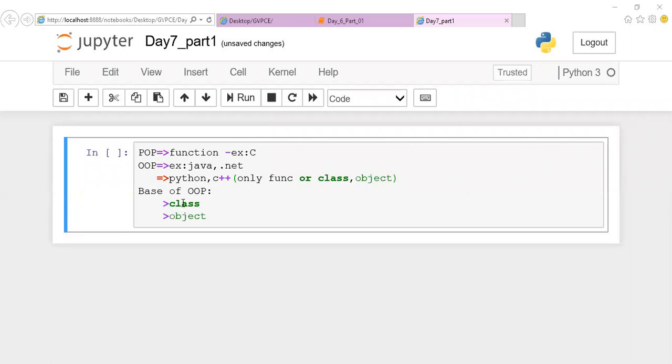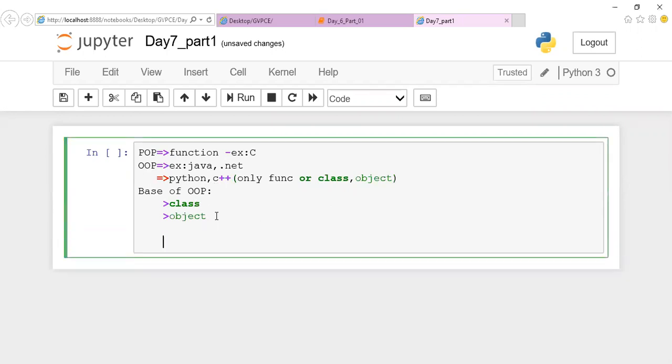So far in the programs we have seen, we haven't come across the terms class and object, which means we have written programs using the procedure oriented approach. Now we are going to see the object oriented approach. Whenever you write a program using the object oriented approach, you make use of two elements, which are mandatory in your program: class and object. These are the base of object oriented programming. Apart from this, keeping this as a base, we have four pillars.